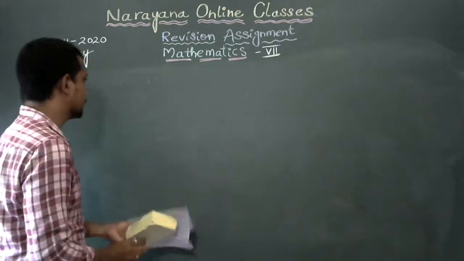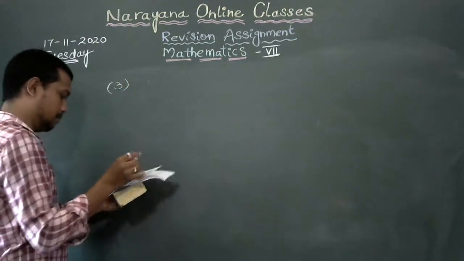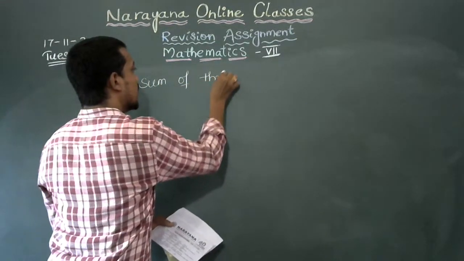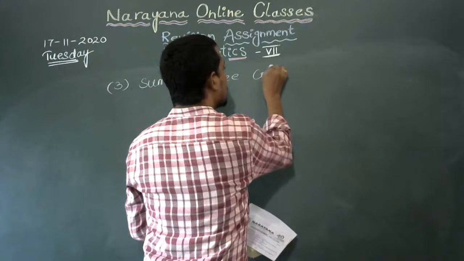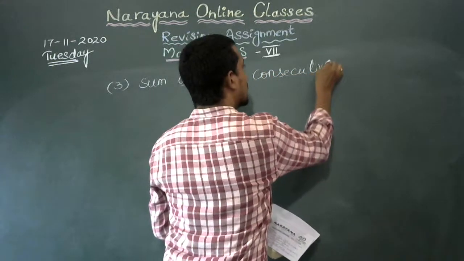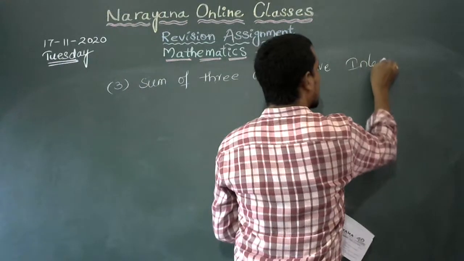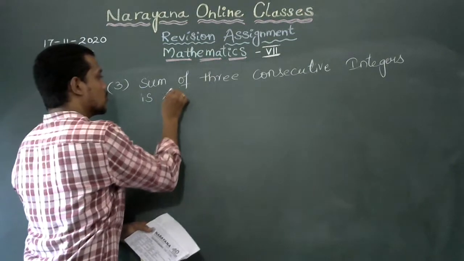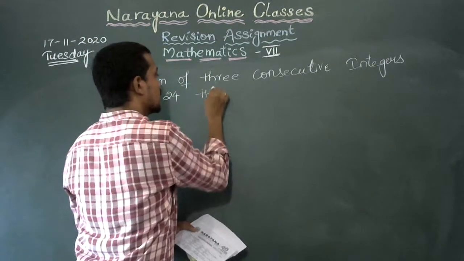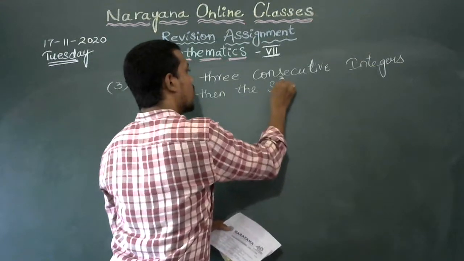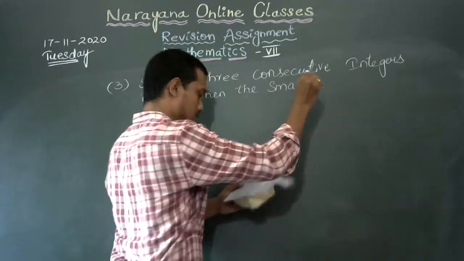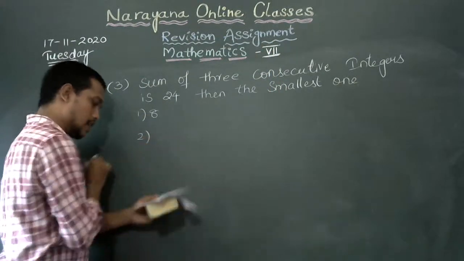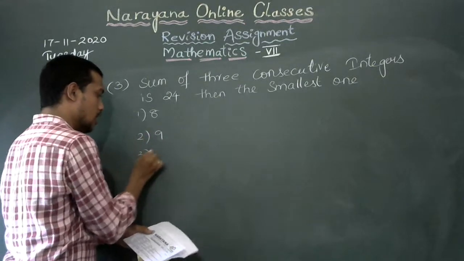Now third question. Sum of 3 consecutive integers is 24. Then the smallest one. So first option 8, second option 9, third option 7,